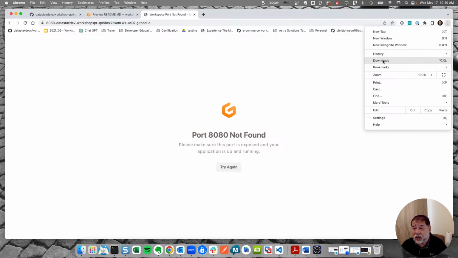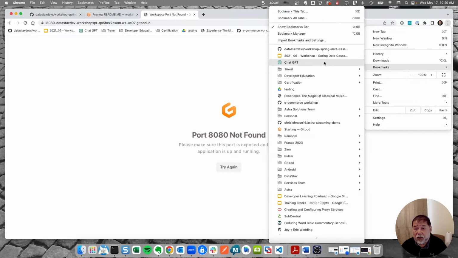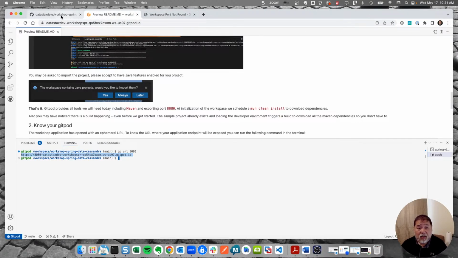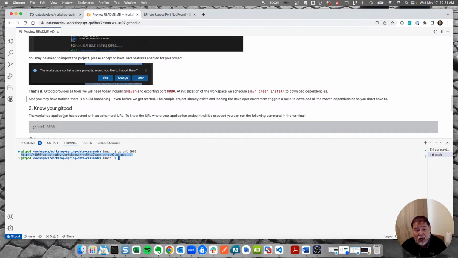And I'm going to buy myself some more space and just hide my bookmarks bar. So, a little more screen real estate. All right, so know your Gitpod. We've got the URL at which port 8080 will be publicly exposed. Next,